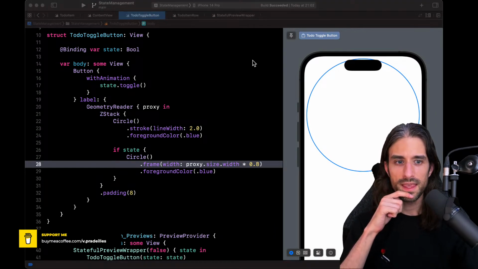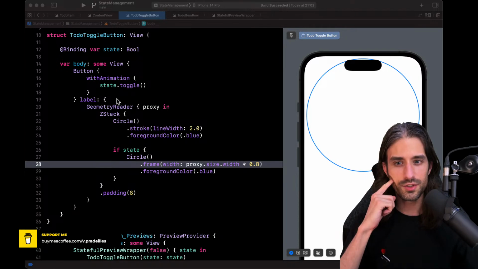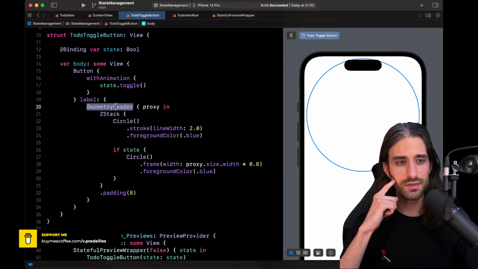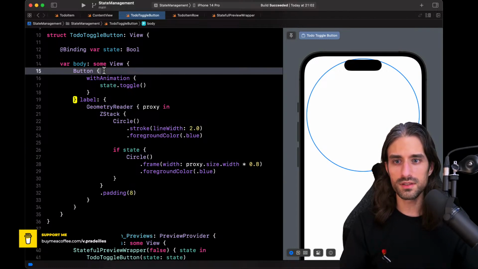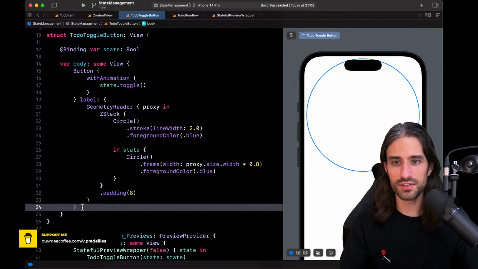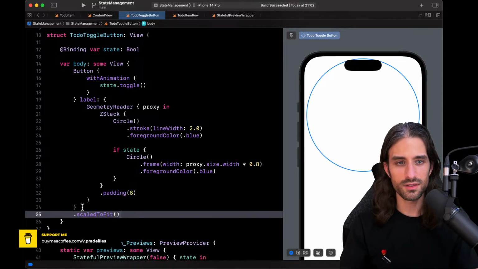Oh yes, it's kind of an interesting one. It's because right now the geometry reader is a filling view, which is going to try and take as much space available to it. And what I'm going to do is that on my button, I will call a modifier that's called scaled to fit.